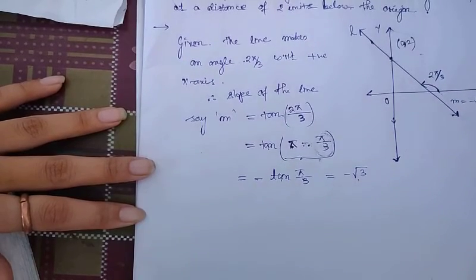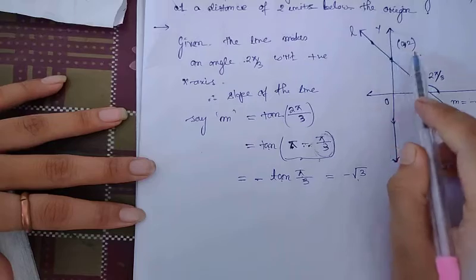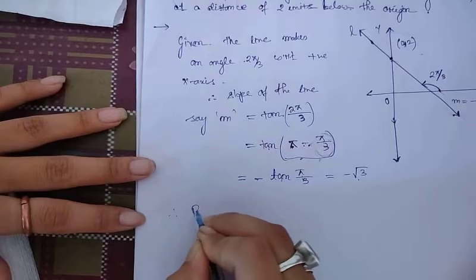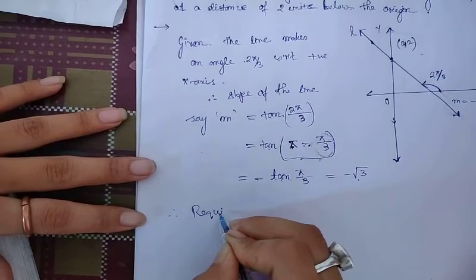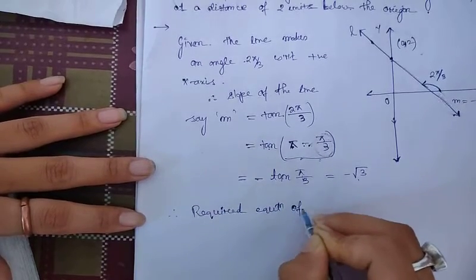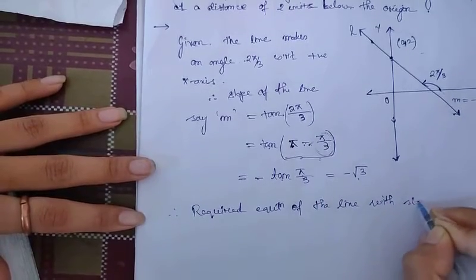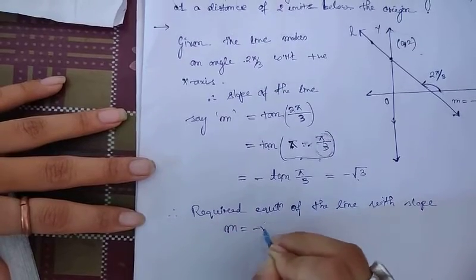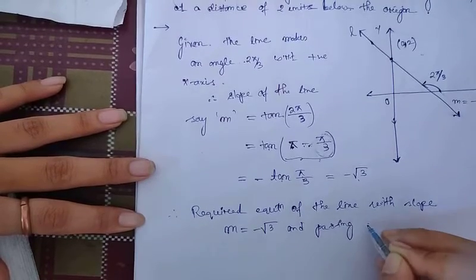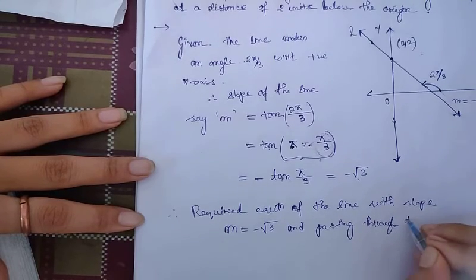So the slope you got, therefore slope of the line, m equal to minus √3. Now what are we asked? We have to find the equation of the line. We know the slope of the line and the particular point through which the line passes. Therefore the required equation of the line with slope m equal to minus √3 and passing through the point